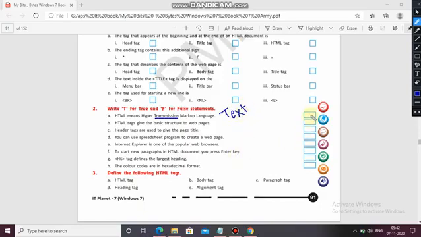Okay. So this is what? False. Okay. First one is false. Now second, B: HTML tags give the basic structure to the web pages. Yes, it's true. HTML tags give the basic structure to our web pages.